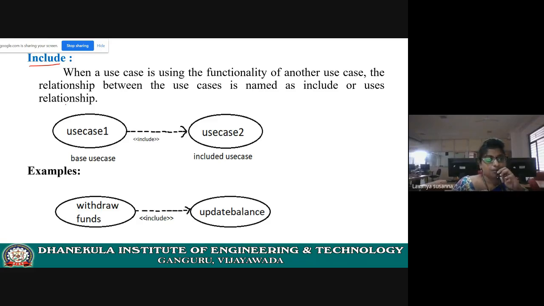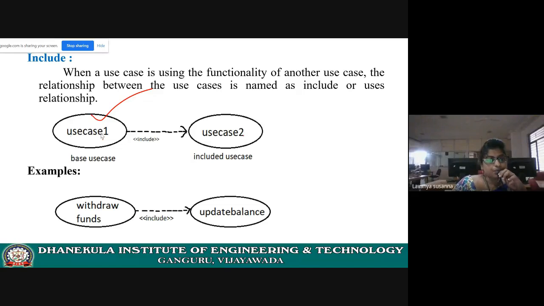Now let us see what an include relationship is. If one use case is using the functionality of another use case, then the relation between these two use cases is an include relationship. See here, use case 1 is using the functionality of use case 2.